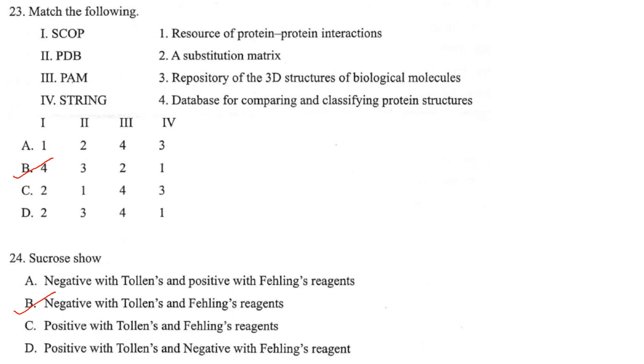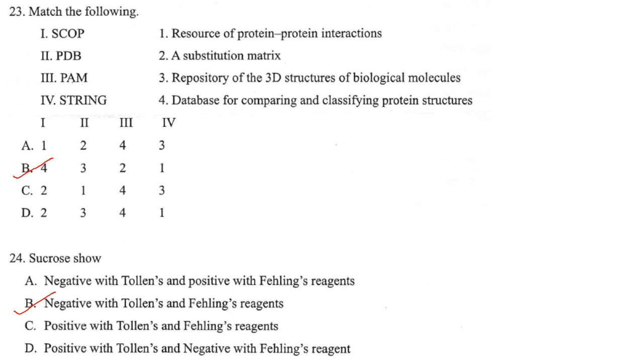Then next one, sucrose shows... for Tollens and Fellings reagents, whether sucrose is positive or negative. Fellings test is based on the principle that the presence of aldehydes can be detected easily because of their reducing property. This test is mainly used for reducing sugars that contain an aldehyde group. Now sucrose does not contain a free aldehyde group and is a non-reducing sugar,